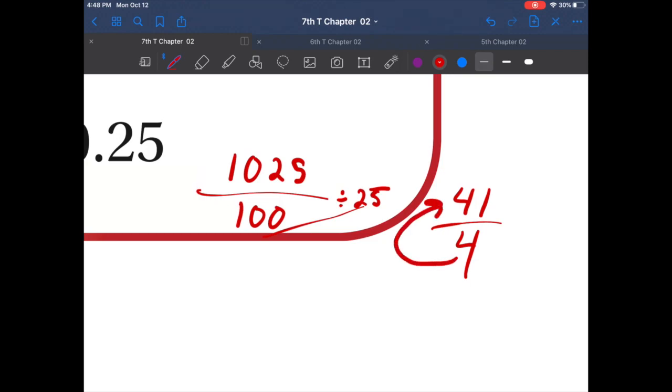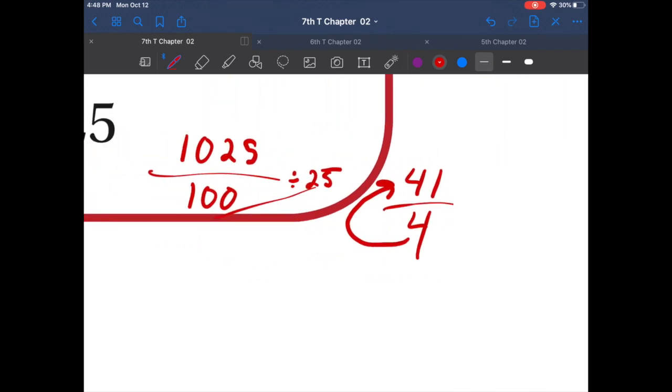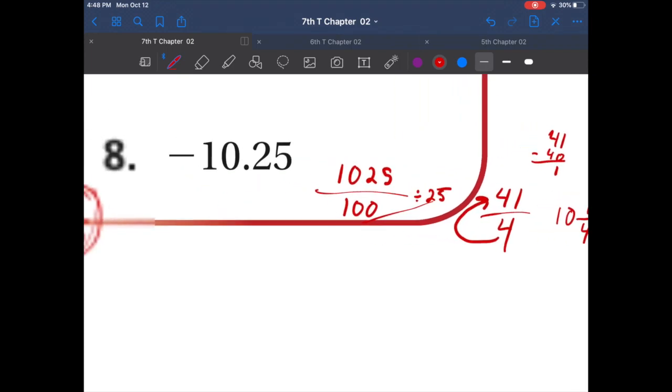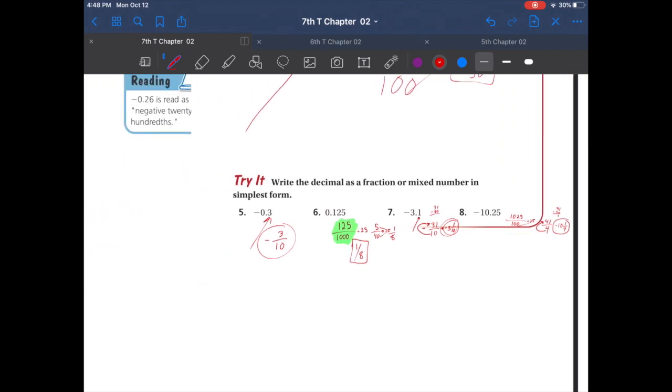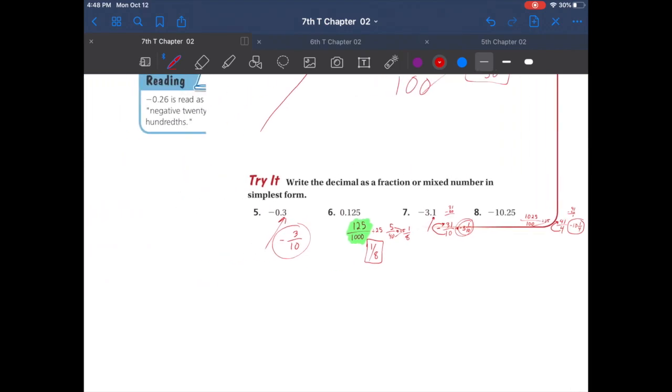So let's turn this into a mixed number. How many times can 4 go into 41? Well, 10 times. 10 times 4 is 40. So 41 minus 40 will get you 1 left over. So 10 and 1/4. It's also negative. So that's negative 10 and 1/4. That, ladies and gentlemen, is how you turn a terminating decimal into a